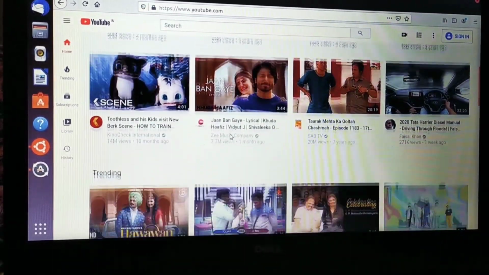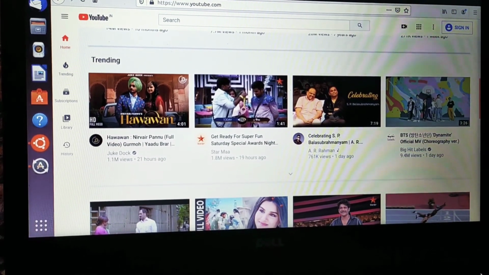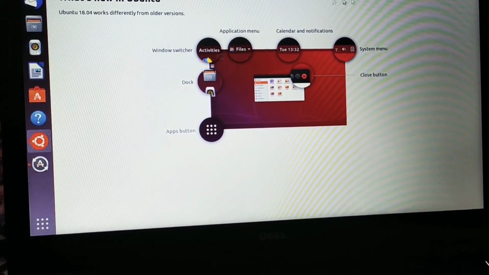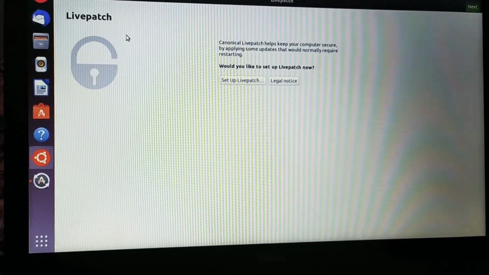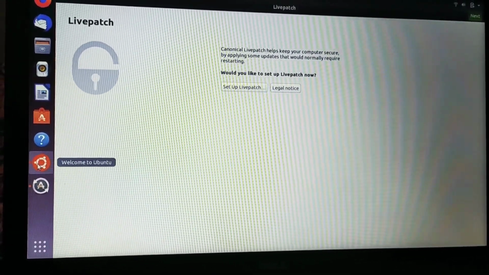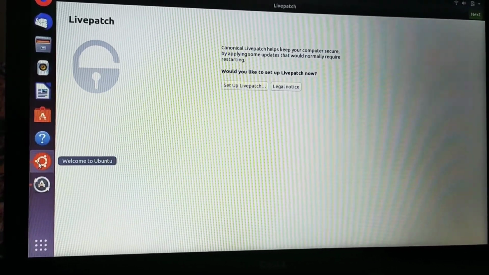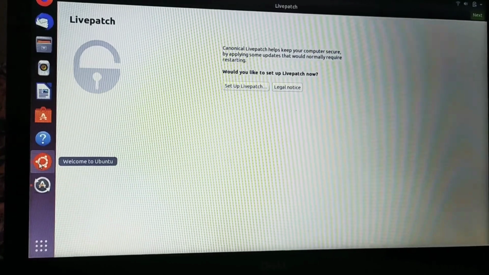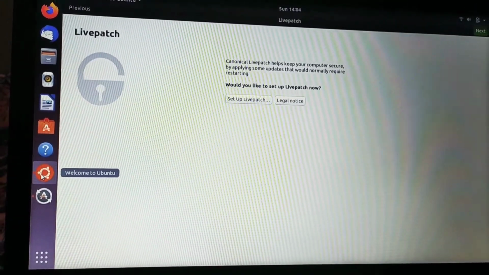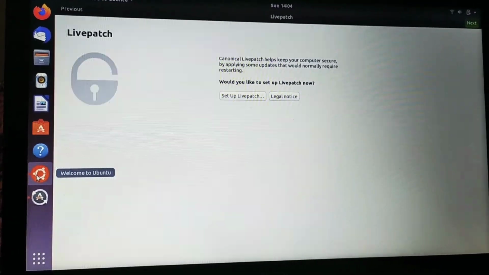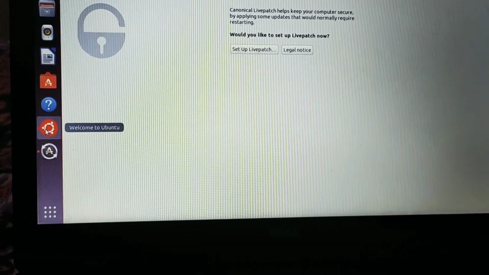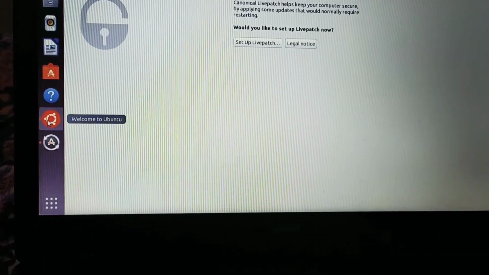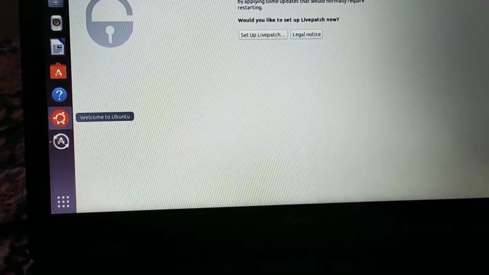So I think the main issue is with Ubuntu 20.04 only. That's the thing you have to see. If you are on Ubuntu 20.04, then you have to downgrade it, or you can work around that. For Ubuntu 20.04, it was facing issues while booting, while starting only. I was not able to log in because of some option while installing, so I had to work around that to make it start. And even after that, as I showed you, the problem was there, so I had to downgrade. I tried multiple approaches to resolve that, but it's not working.